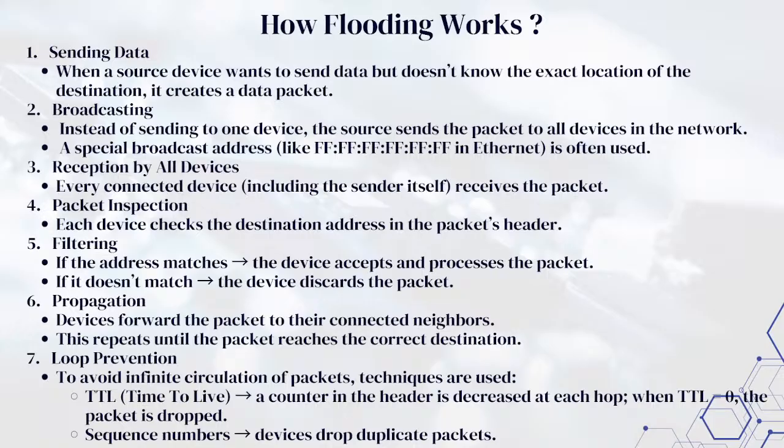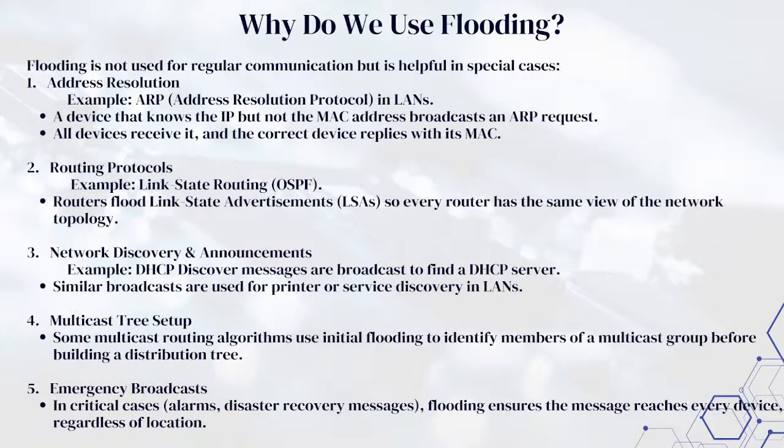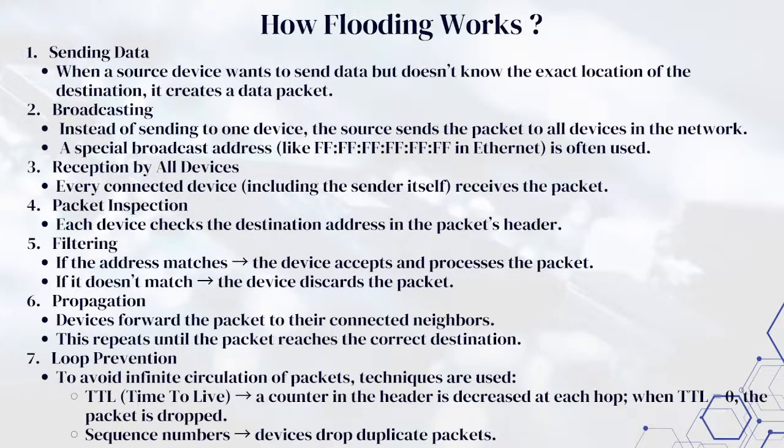And finally, loop prevention means avoiding infinite circulation of packets. Techniques like time to live or sequence numbers are used, okay. So these are the important 7 steps by which flooding happens,